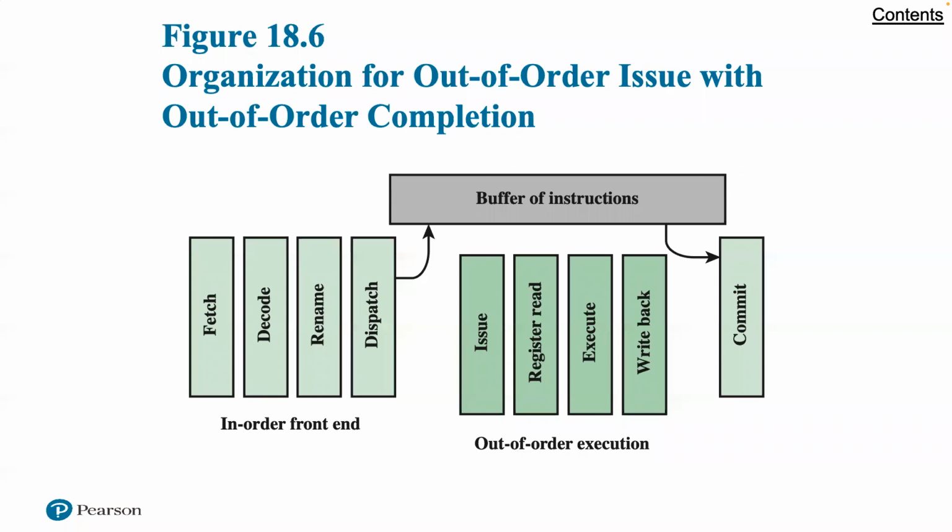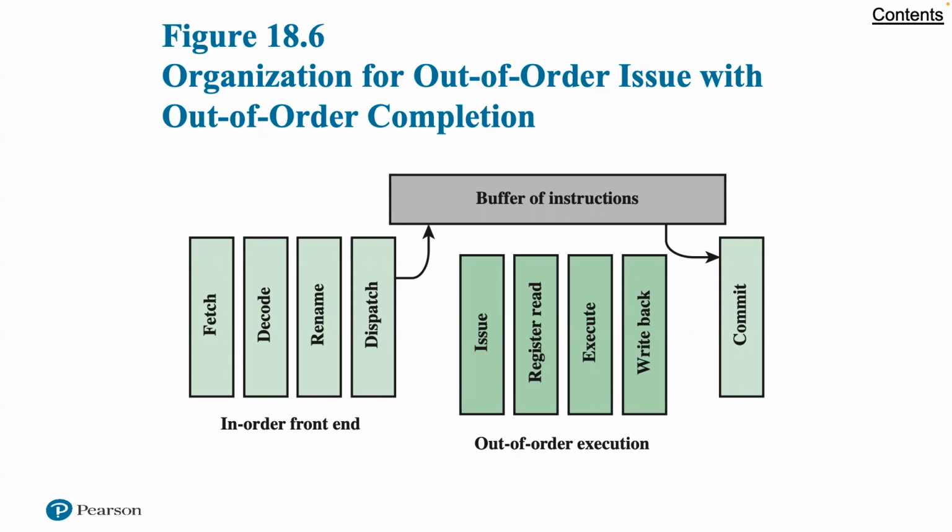Okay, well, let's talk about the organization for out-of-order issue with out-of-order completion. With in-order issue, the processor will only decode instructions up to the point of dependency or conflict. No additional instructions are decoded until the conflict is resolved. As a result, the processor cannot look ahead of the point of conflict to subsequent instructions that may be independent of those already in the pipeline, and that may be usefully introduced into the pipeline. To allow out-of-order issue, it is necessary to decouple the decode and execute stages of the pipeline. This is done with a